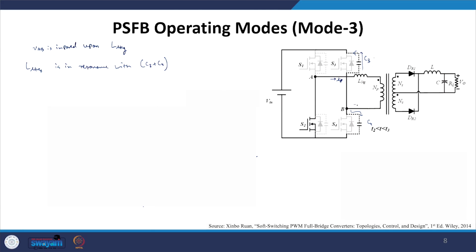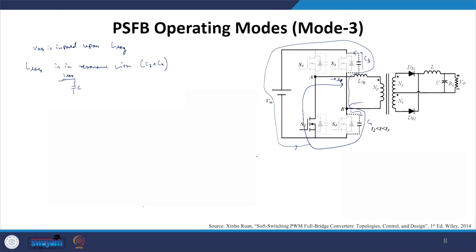so this current, IP current, which is going in this direction, coming out of this point B, some portion is going through C4 and comes back from the S2 switch to the loop, while the other portion of the current is going through the C3 via the source V in, and through the S2 it comes back to the inductor L. So if you see in this loop, it goes here in this way, comes back, while the other portion comes from here, goes here in this way, and then comes through V in and goes over here this way. So if we try to see the equivalent circuit, it will look like we have L leakage,